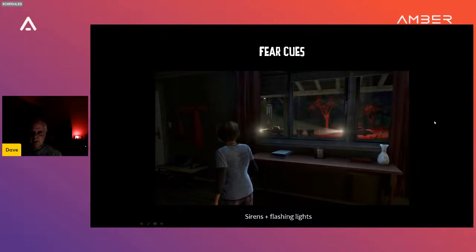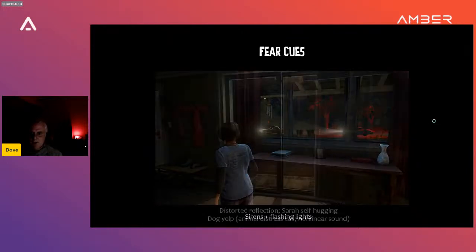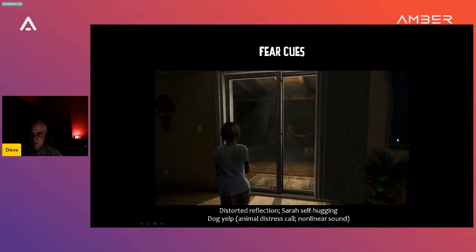There we are, threat outside. More fear cues, sirens and flashing lights. You've got another distended, warped figure with distorted and unreadable non-verbals. Sarah's now self-hugging, protecting her organs. We've got the dog yelp. Now, this is that non-linear sound I talked about. It's absolutely a staple of scary experiences. So a non-linear sound